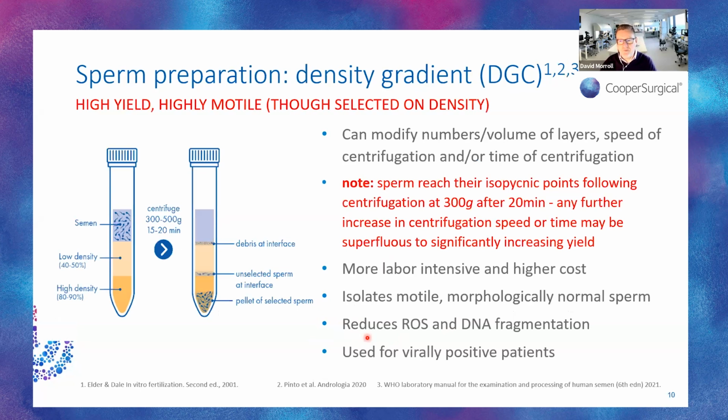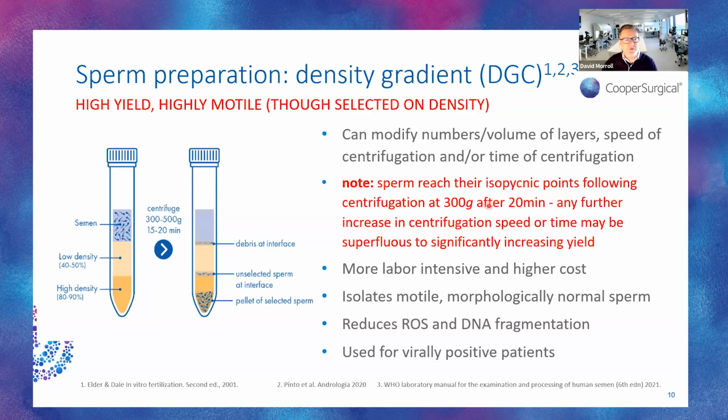So here you see the sort of standard density gradient where you have a couple of layers with the semen on top and you centrifuge and then harvest the pellet from the bottom of the tube. So we're selecting a high yield, highly motile population of sperm, and it's motile even though we're selecting based on density. Now, we know we can play around with the numbers of layers of gradients, the speed of centrifugation and the time of centrifugation, but it's worth noting that sperm generally reach their isopycnic points, that's the point of neutral buoyant density,